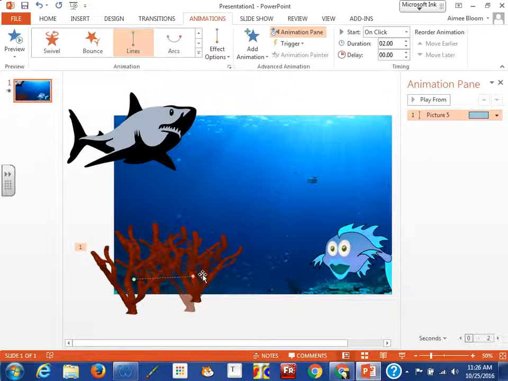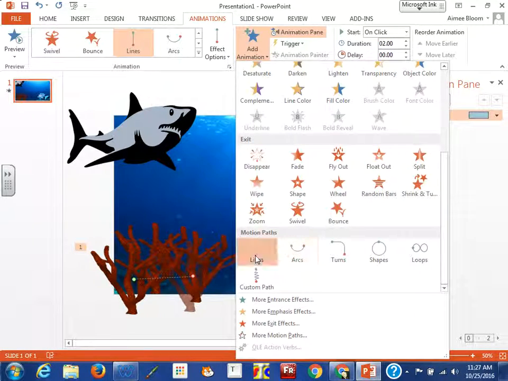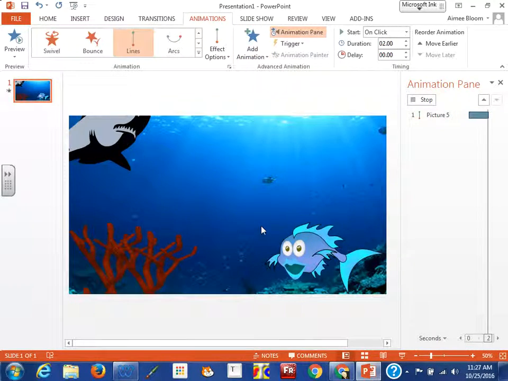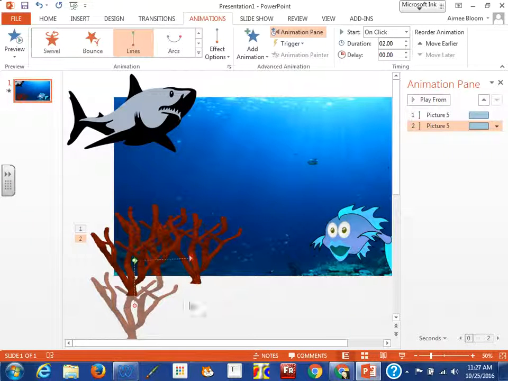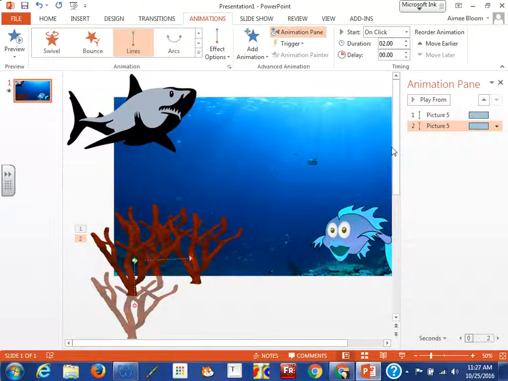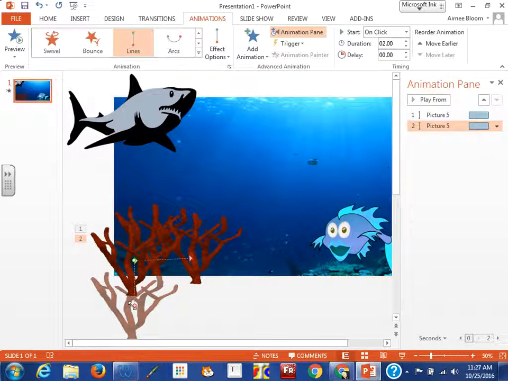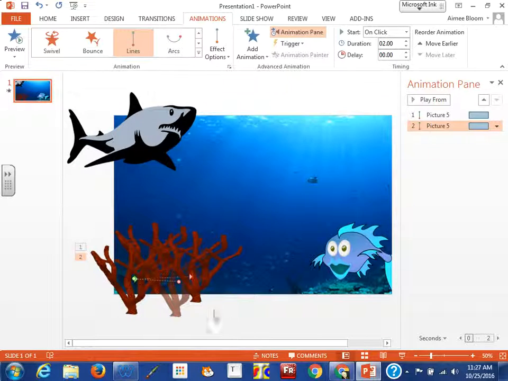So I'm just going to move this one coral just to give you a little bit of example of how much you can actually do to this. So I'm going to add my animation on here. You can keep adding, and I'm showing this most importantly to you because you can keep adding animation after animation. See, now that's number 2. So I'm going to make my path go back this way, and let's see what happens. Oh, nope, it drops. Grab my path. Okay, see,